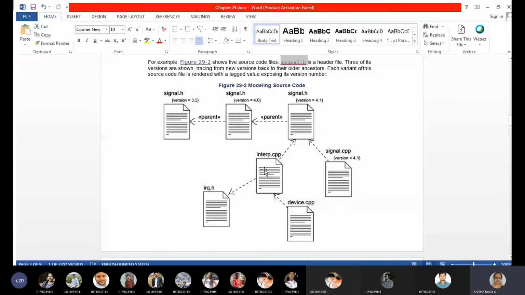And then this inter.cpp, maybe some other .cpp file, is also depending on signal.h. And in turn, this is depending on irq.h, and device.cpp is depending on this .cpp. Maybe in one .cpp file you can also call other .cpp files.